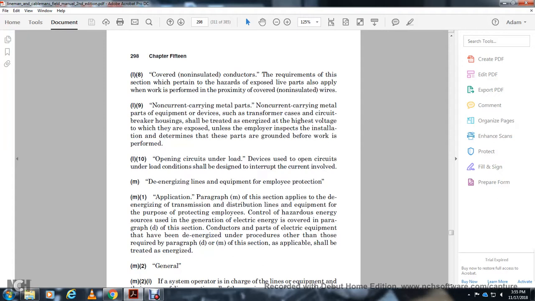condition, designed to interrupt the current involved, with the de-energizing of lines and equipment for employee protection. Paragraph M of the section applies to de-energizing transmission and distribution lines and equipment for the purpose of protecting employees, with the control of hazardous energy for the generation of electrical energy covered in paragraph D of the section. Conductors and parts of electrical equipment that have been de-energized, other than those required in paragraphs D and M of the section, shall be treated